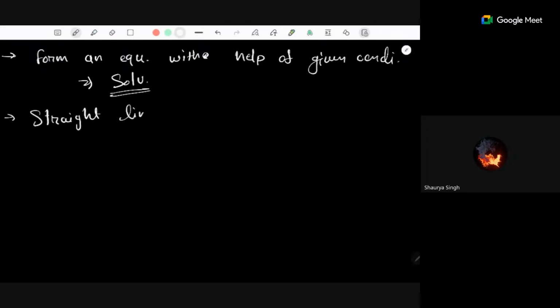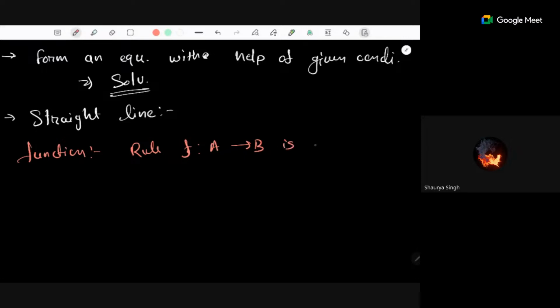Straight lines functions, right? So we know that what is a function. So a function is nothing but a rule or a correspondence for which, if f is a function from A to B, then for every element of A there should exist a unique output. So that means a rule f from a set A to a set B is known to be a function if,